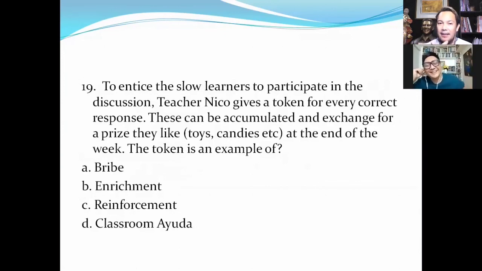So, sabi ni Skinner, then you have to learn how to schedule your reinforcement. Kagaya nito, si Teacher Nico, nagbibigay siya ng token at the end of the week. Meaning to say, kung ilan yung tamang naisagot mo, yun ang bibilangin natin, and that will be used to exchange for a prize. Di ba? Ang tawag dyan is it's a form of reinforcement. Pero may mga scheduling, hindi laging bigay ka lang na bigay. It can be weekly, it can be every 2 correct responses, it can be at the end of the month.